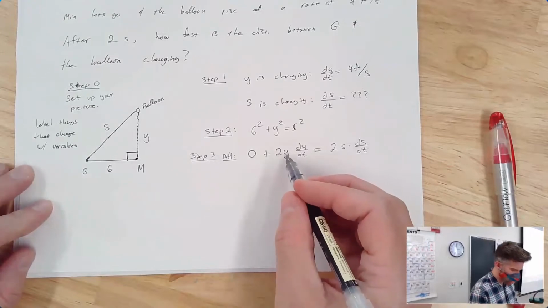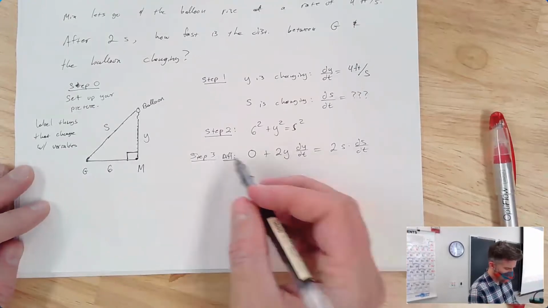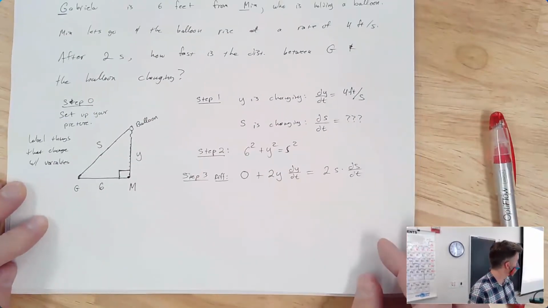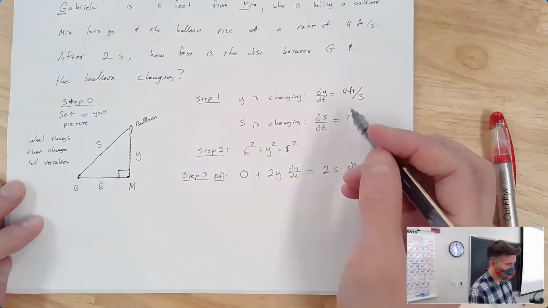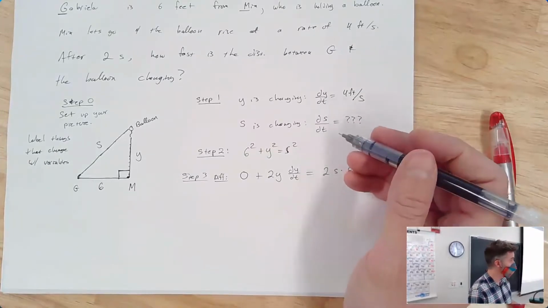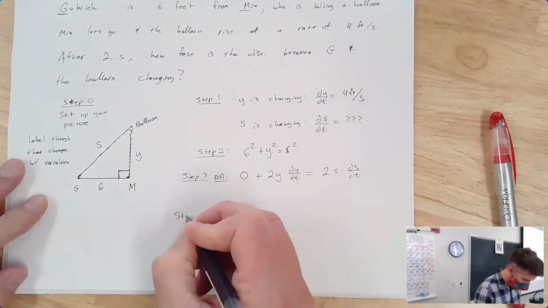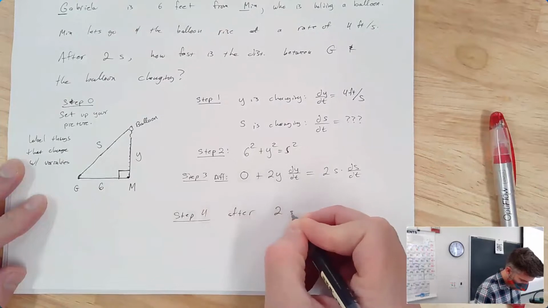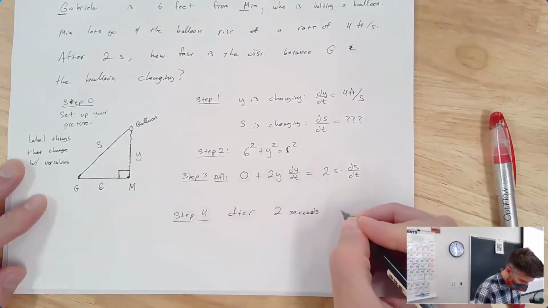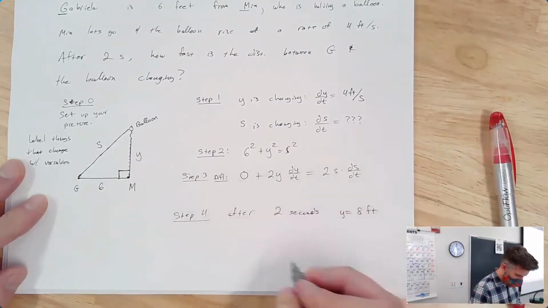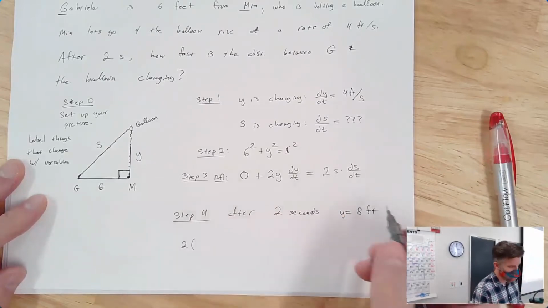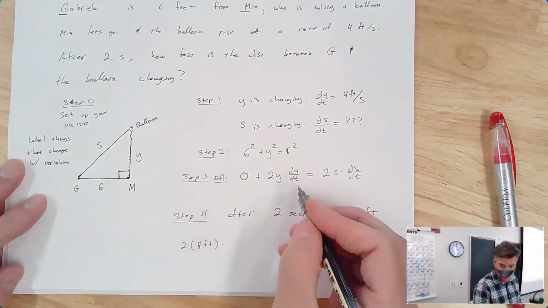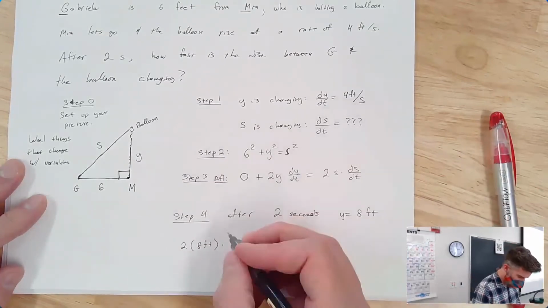So I know y. Oh, do I know y? How high is the balloon after 2 seconds? Well, how fast is it going? 4 feet per second, 2 seconds. So it's going to be 8 feet high. So after 2 seconds, we know that y is equal to 8 feet high. So I'm going to have 2. I could cancel the 2's on both sides, but whatever. Times 8 feet times dy/dt, which is 4 feet per second,